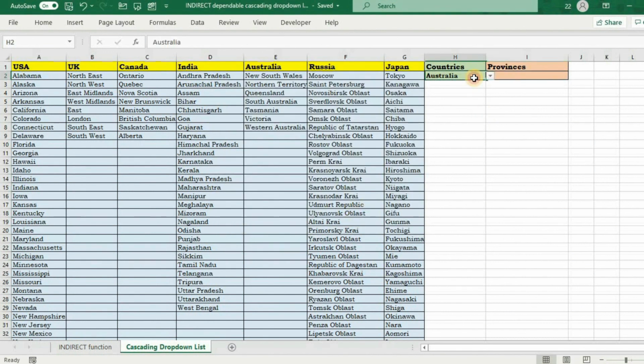Now you have selected Australia here, say you have selected Canada here, and all the states or provinces under it will be listed. In case you select Russia, all the provinces of Russia will be listed here.